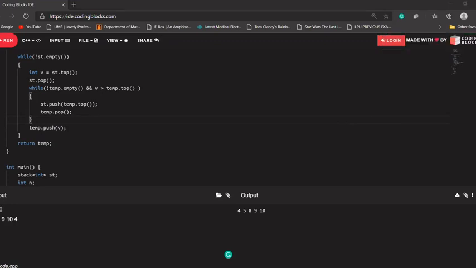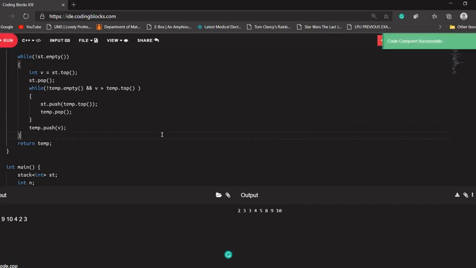Let's try it for some other input. Let's say now n is 8, and I'm adding 2 here, 3 here. So I should be getting a sorted set. Is the concept clear with everyone? Okay, so 3 is there, 3 is there, 2 times 3 is there, so we are doing something wrong here. Let's check what is wrong.